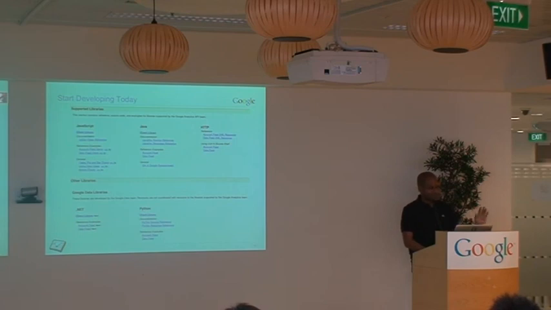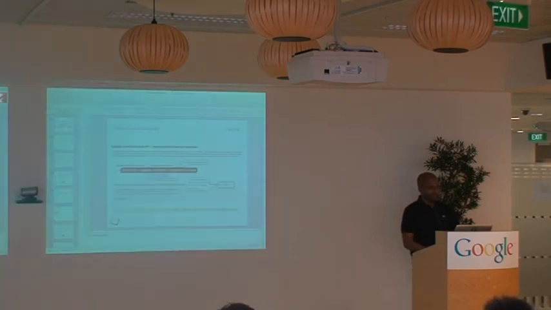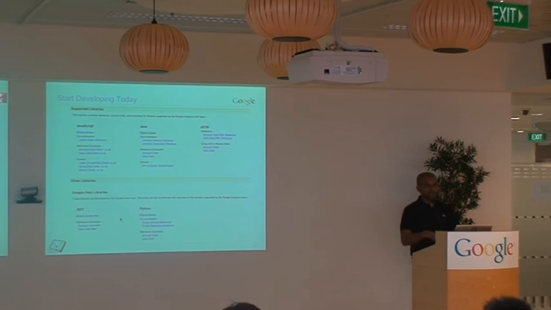So if you're a developer, I'd just say start developing today. We've already got customized libraries for analytics in JavaScript, Java, and even the raw HTTP protocol, if you want to get really uber geeky and work with the raw protocol there. And then we also have our generalized GData libraries for .NET and Python, and those also have elements in there specific to Google Analytics. So these libraries also contain libraries for spreadsheets, Blogger, Calendar, and so on, and there's an analytics element too.